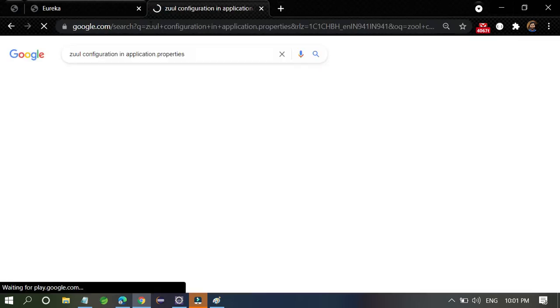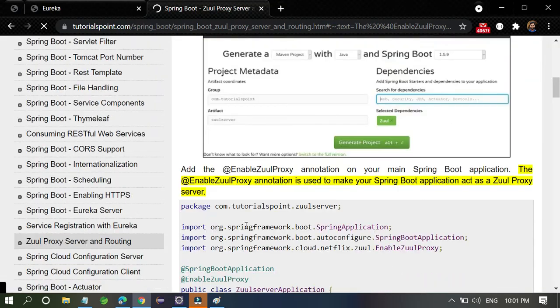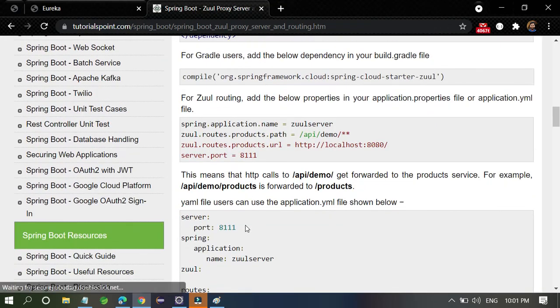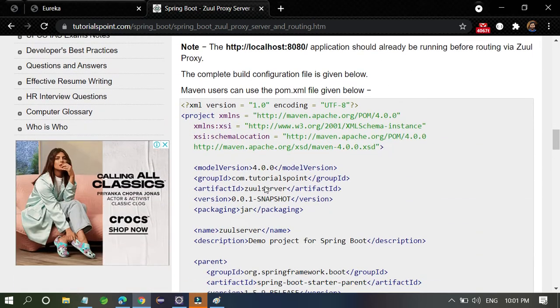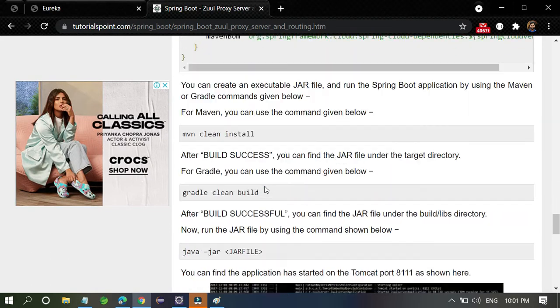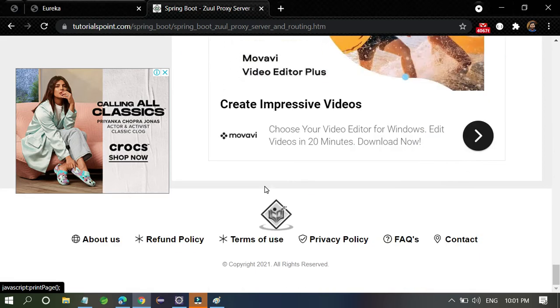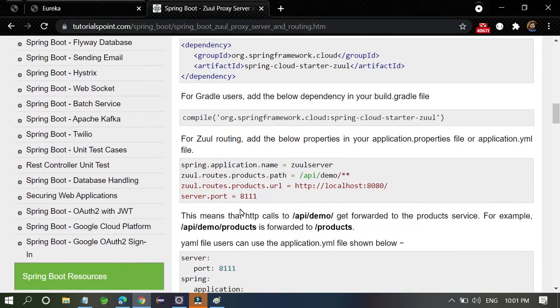You will find many things about configurations like server port numbers, routes, product, path. All of these are very useful, and you can mention your path also.